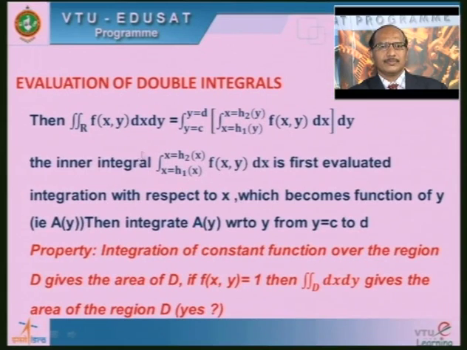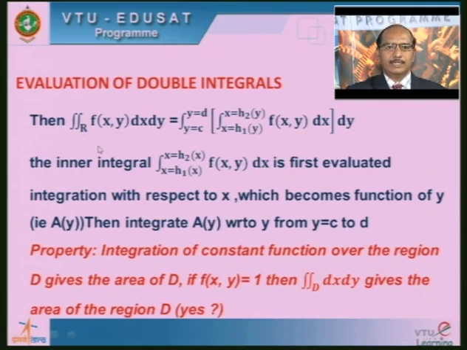Now, in the type 3 region, first we evaluate the inner integral, that is with respect to x, using the x limits, which are functions of y, x equal to h1(y), x equal to h2(y). That is integrated first with respect to x, which becomes a function of y. Then integrate that function of y with respect to y from the constant limits c to d, which gives the evaluation of the iterated